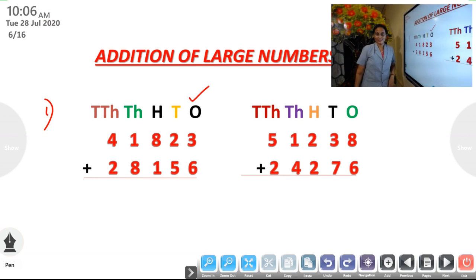So for that, you keep 6 in your mind and 3 in your hand, 3 fingers. Then 7, 8, 9. So 6 plus 3, 7, 8, 9. Remember that for addition we always do forward counting. So here I am writing 9. Now if you do 3 plus 6, then also you get 9.